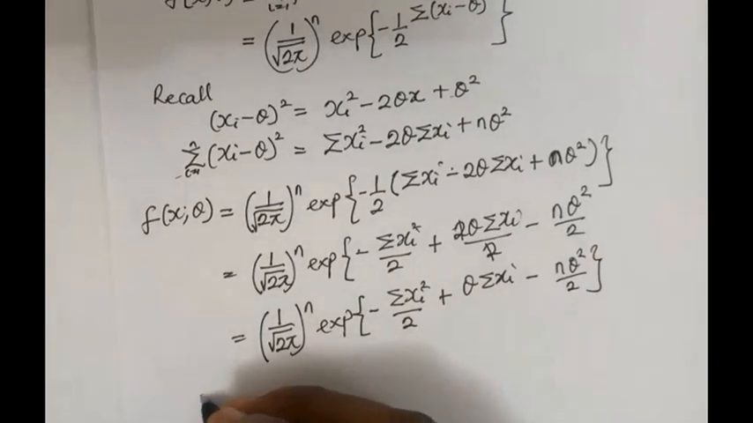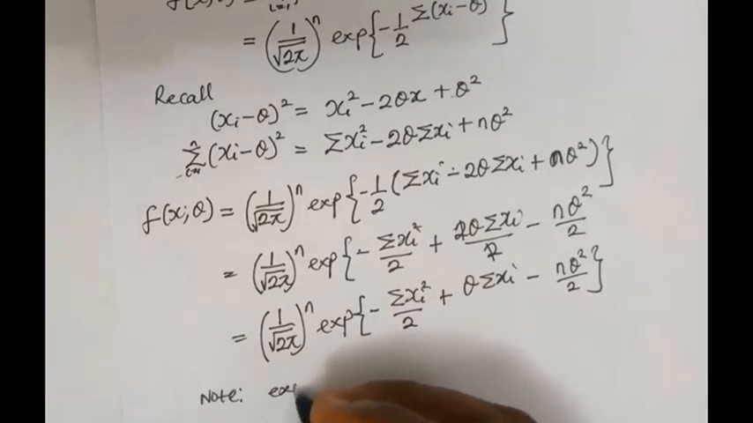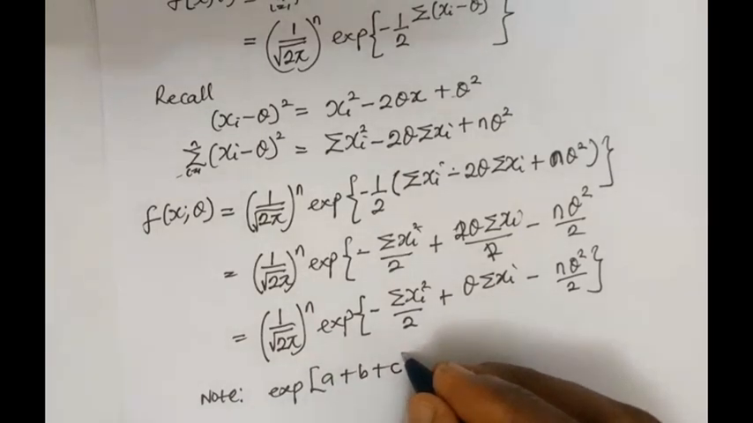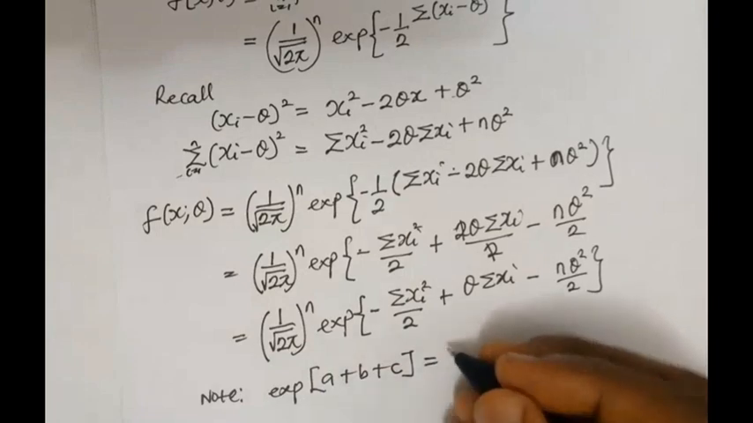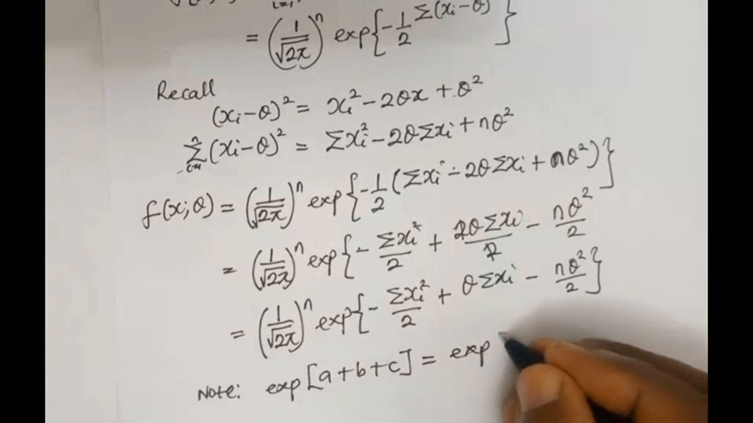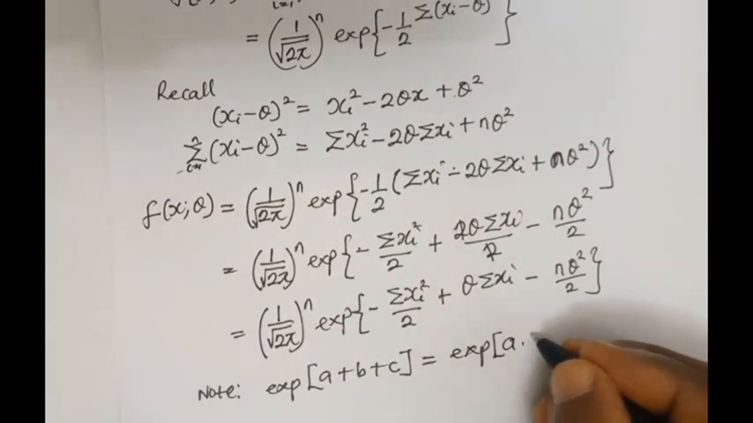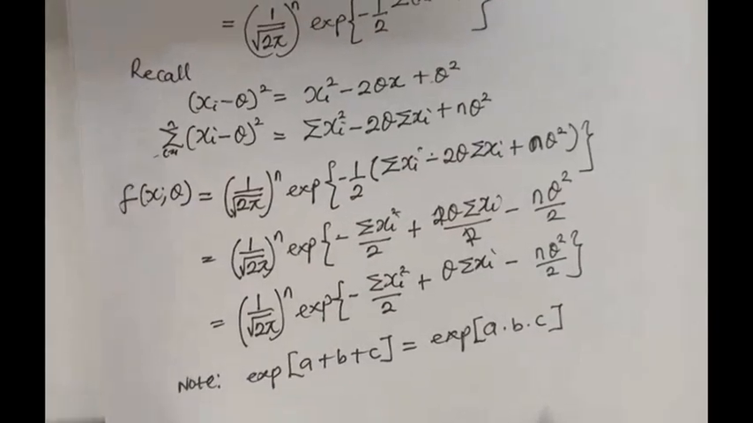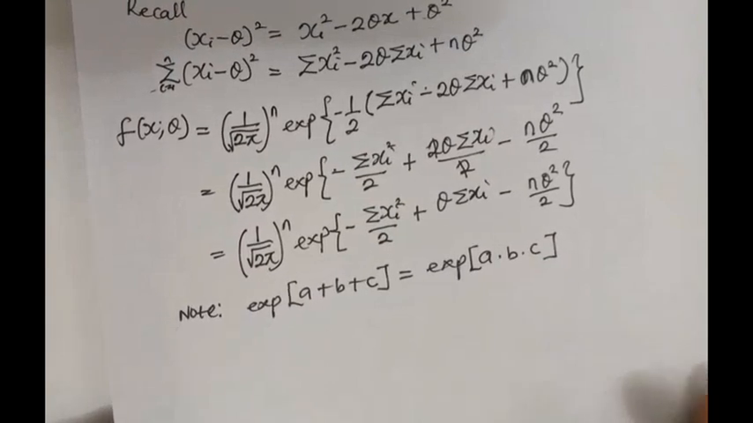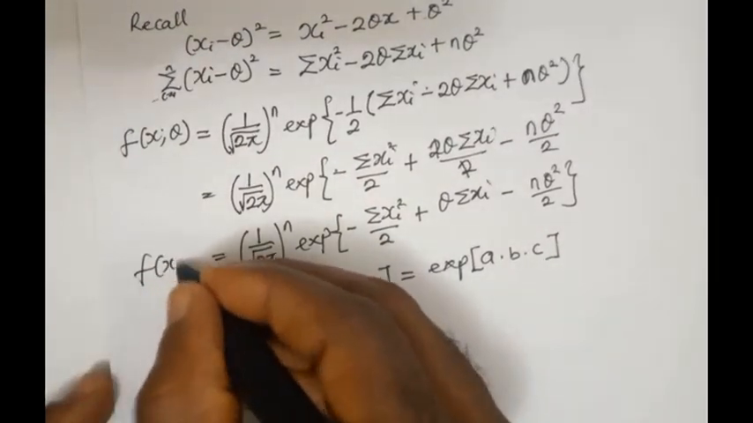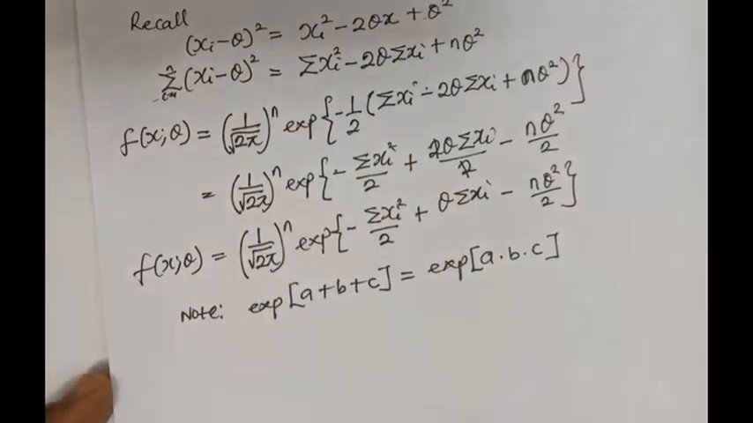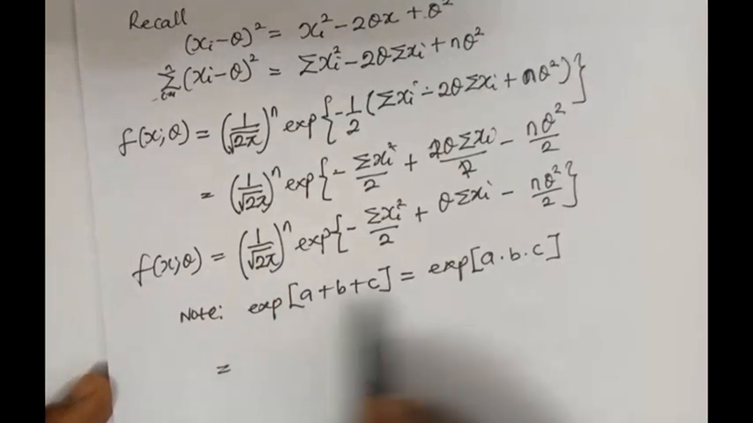We should also note that exponential of a plus b plus c is equal to exponential a multiplied by exponential b multiplied by exponential c. So we should note this. It means that if this is our function, we are looking for a way where we can factor this out. We'll have something like